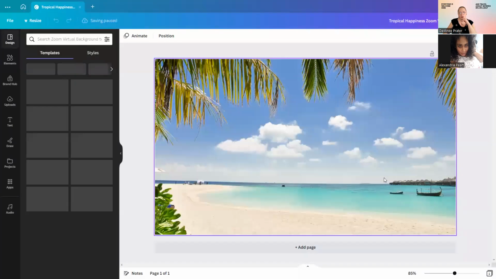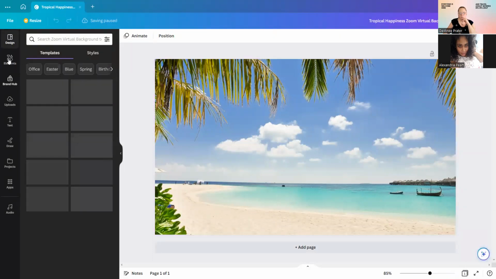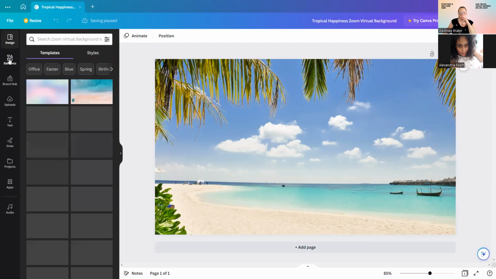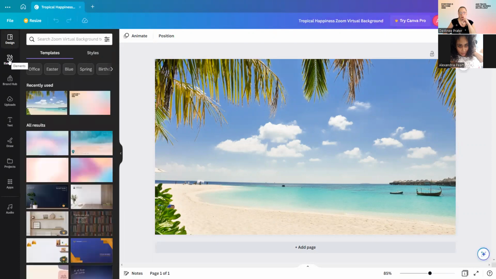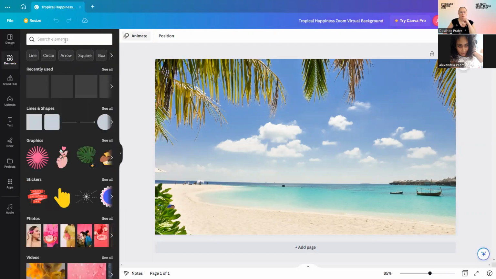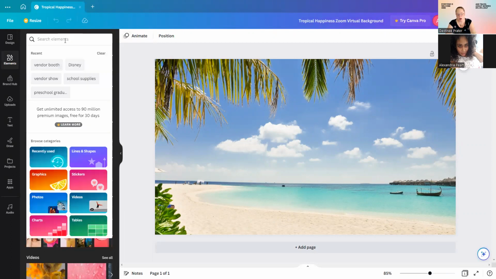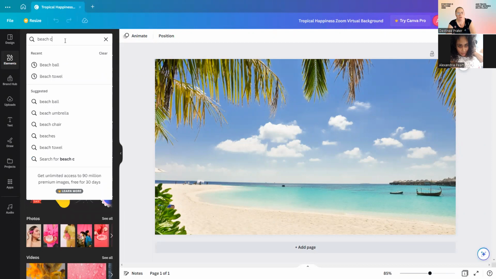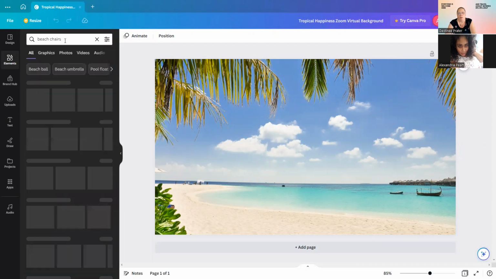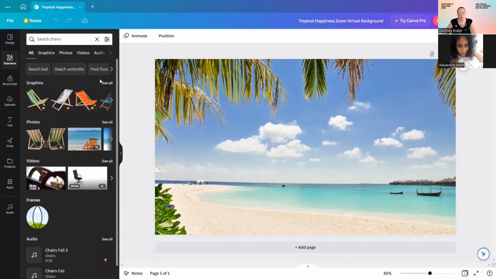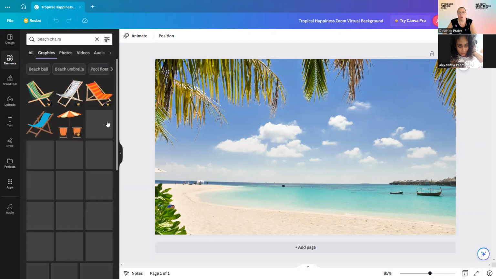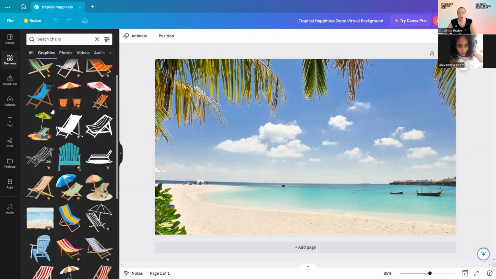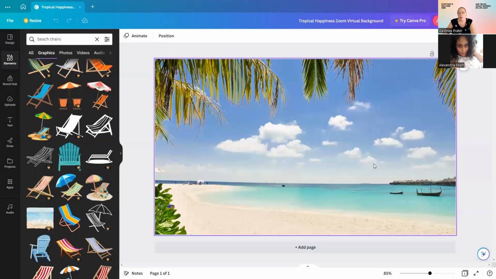And that's gonna bring everything up. And then if you wanted to add some beach chairs or something in the sand, you could do that. If you wanted to add a beach ball or another boat out here,